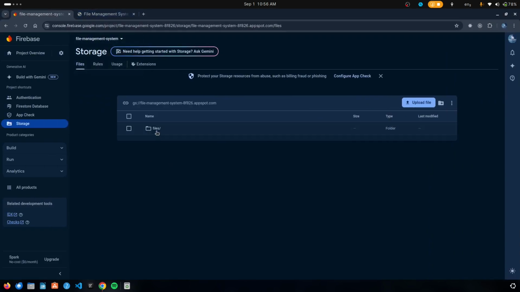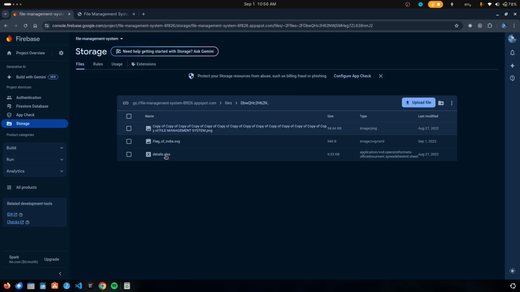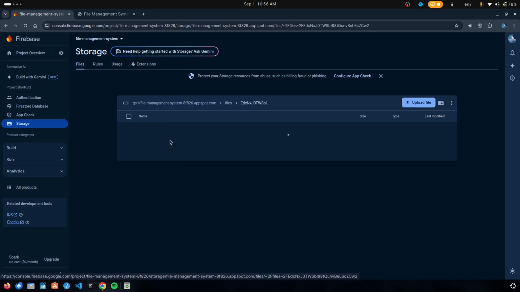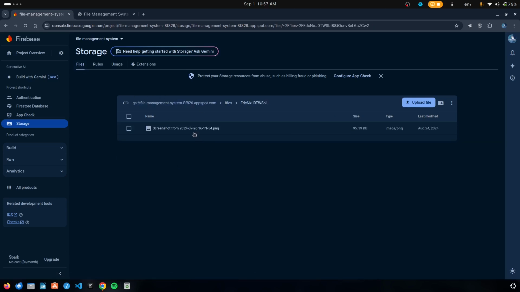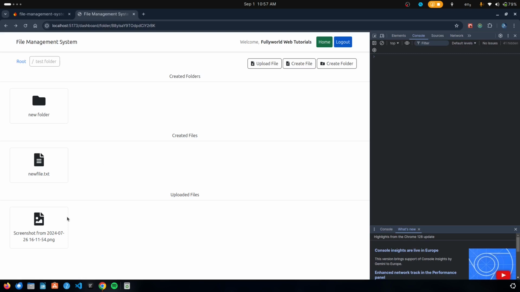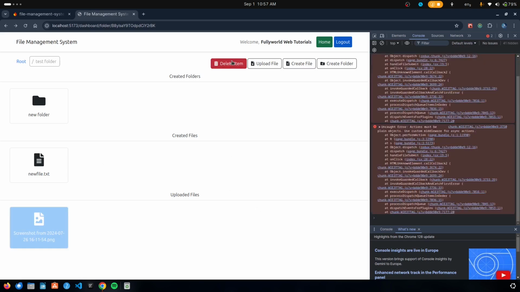And let's see the changes here. So if it is working, we have the files here, and let's see what was in the files here. So this one is my ID, where we have this screenshot, so this screenshot should be deleted as well. So let's see. First I'm going to select this screenshot here, and I'm going to click on delete items. So this should be deleted,